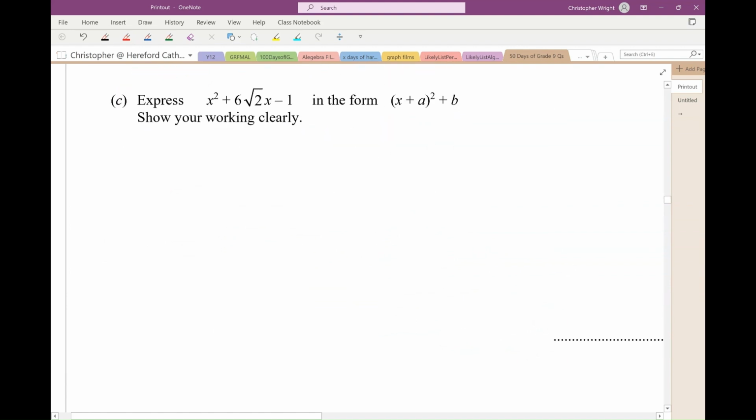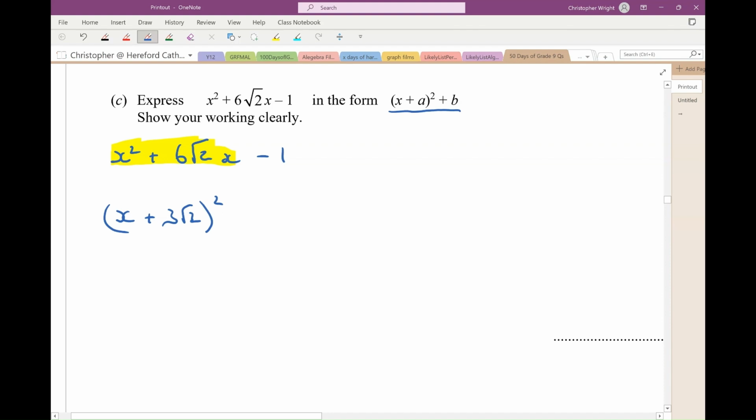Okay, part C. Express this, x squared plus 6 root 2 x minus 1, in this form. They're asking me to complete the square, aren't they? So I'm going to focus on these two terms here. Now those two terms, that's x plus, remember you halve the coefficient on the x, so half of 6 root 2 is 3 root 2